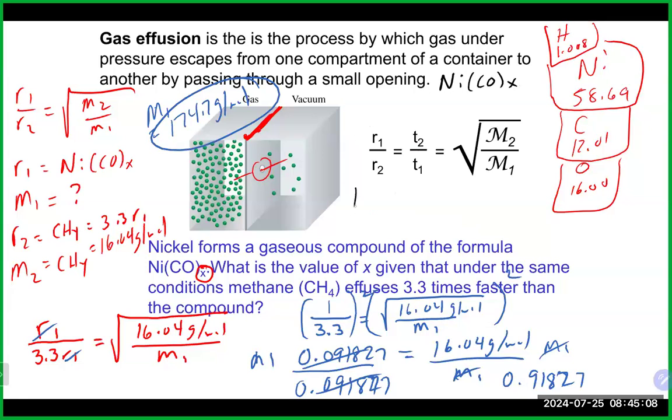If we take our 174.7 grams per mole, we know from the formula that we have only one nickel, so we can subtract off the nickel's mass, 58.69. So 174.7 minus 58.69 gives us